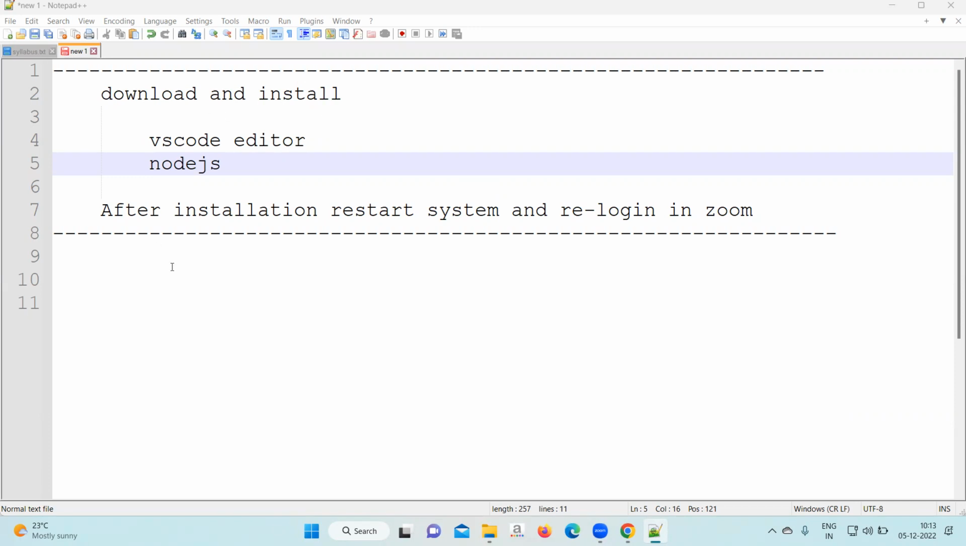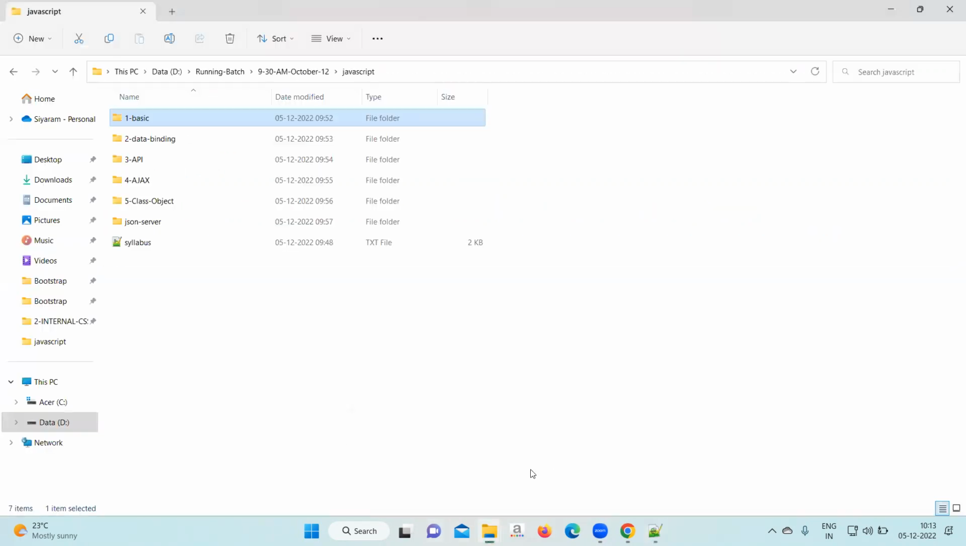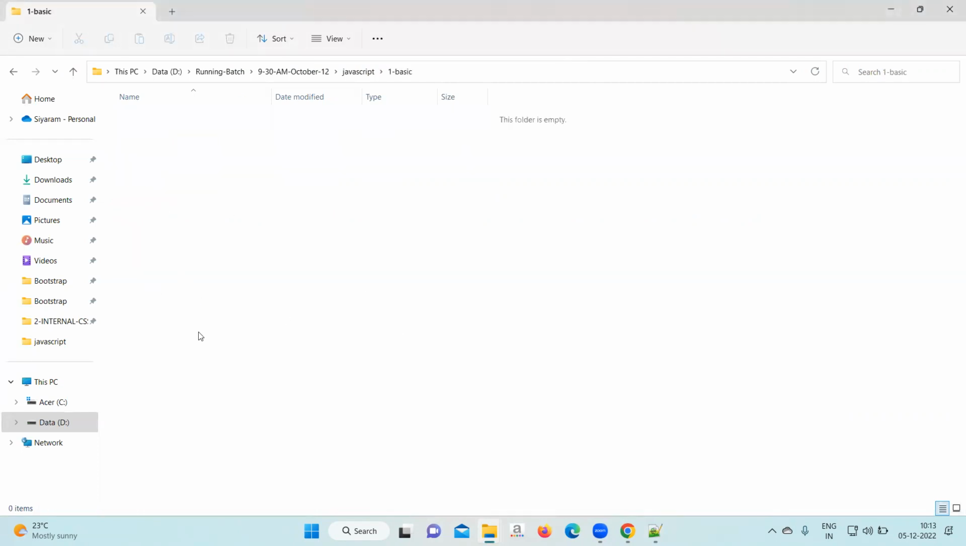We can come to that folder. Which folder? Basic folder. Go to the basic folder. The basic folder we have created, no, one basic folder. Now go in your basic folder. Go inside the basic folder. After going inside the basic folder,